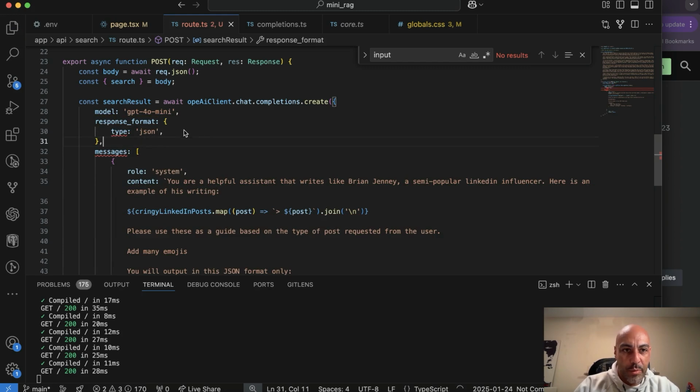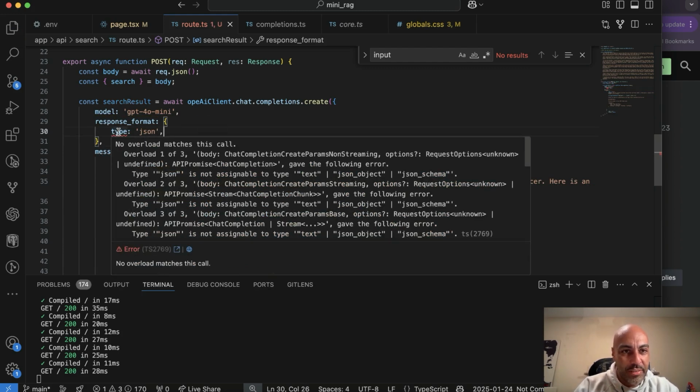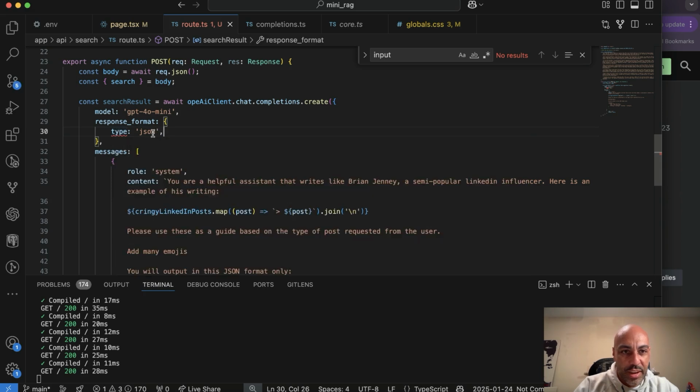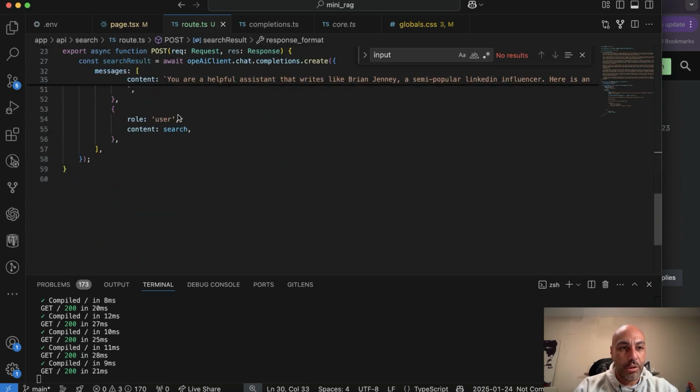I think. Will that work? Why is this freaking out? Jeez, this is so annoying. JSON object. Okay. This is the great thing about IntelliSense. Okay, cool. We've satisfied that. We have the search result. And now what we need to do is just res.json search